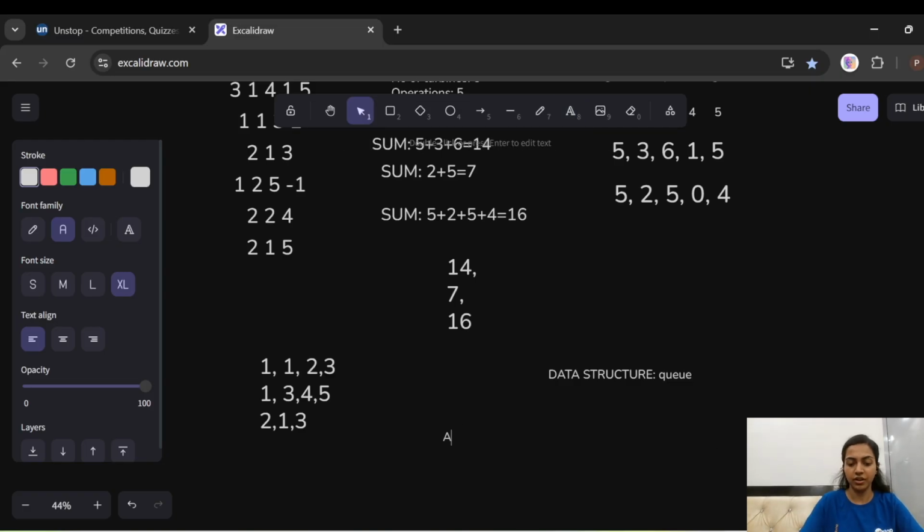So I'll just write the approach for this. First of all, we are going to make a queue data structure to store the values of indexes and updation. After that, we check if type is 1, then push the values in the queue.